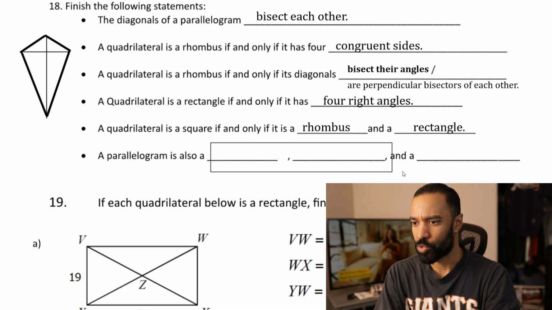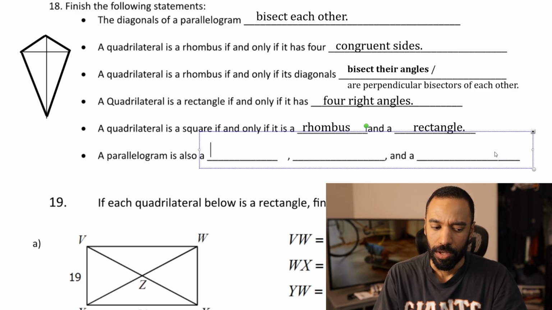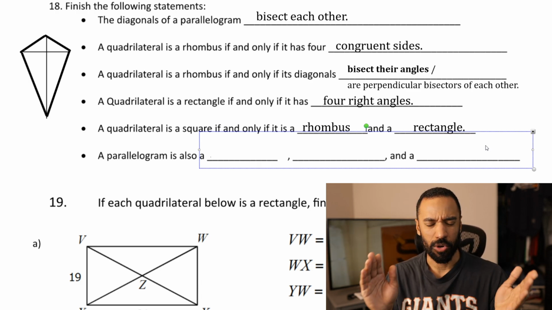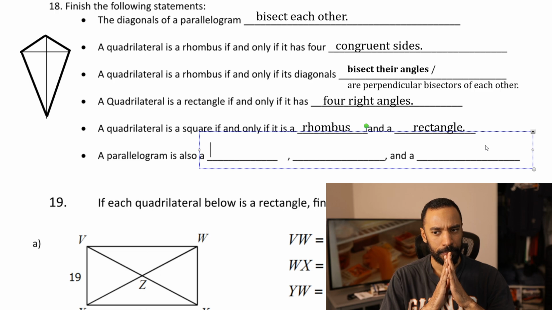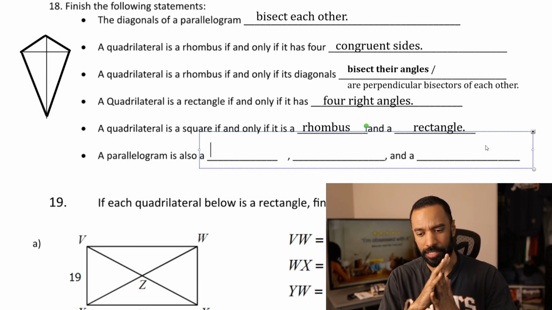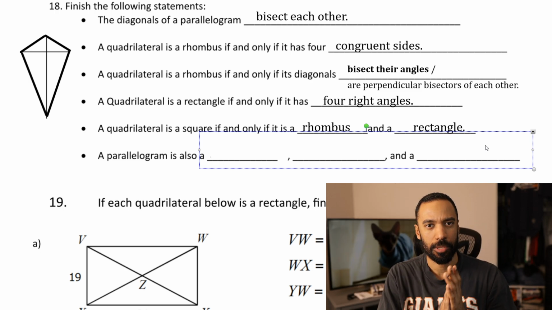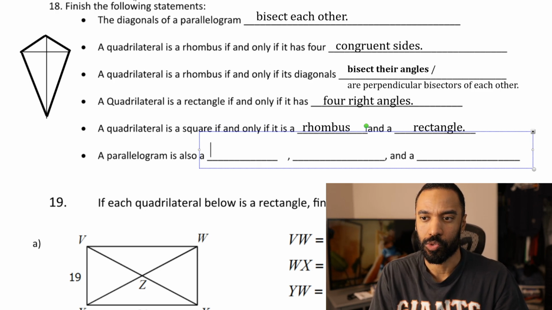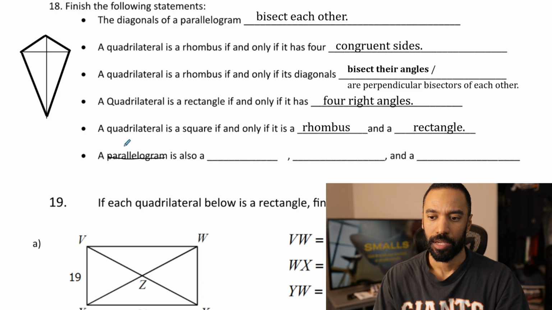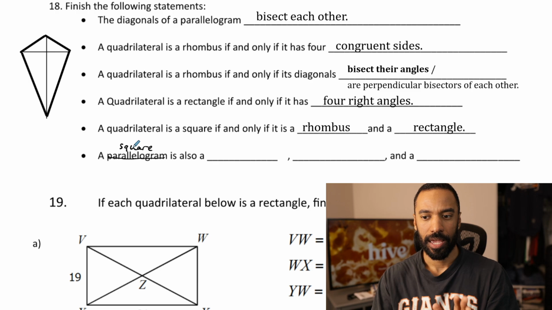A parallelogram is also a blank, blank, and a blank. I don't know if they're saying rectangle, rhombus, and square. If that's what they're going for, then that's technically not correct. I'm going to change the problem. I assume that's what they're trying to say. So I'm going to change it to a square, because I was just kind of mentioning what that thing was here. So a square is also